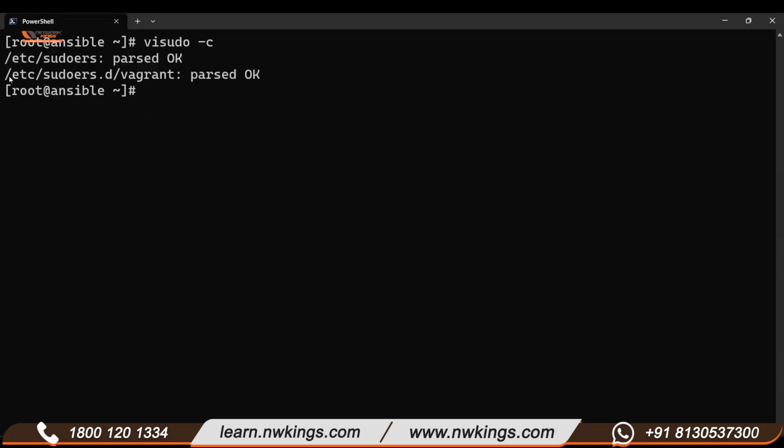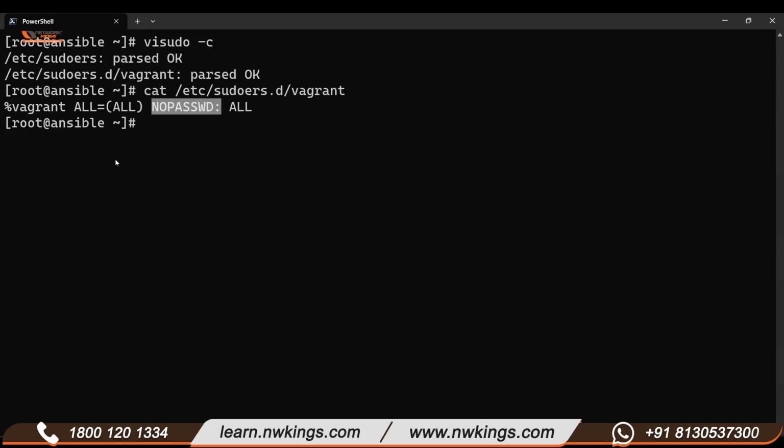Everything okay. Okay, let me see what this Vagrant configuration file is. Let me cat it. It's a sudo template. It says any user part of the vagrant group will have sudo access without a password. Now this is good. Let me add the new DevOps user to this group as a secondary group and then create the